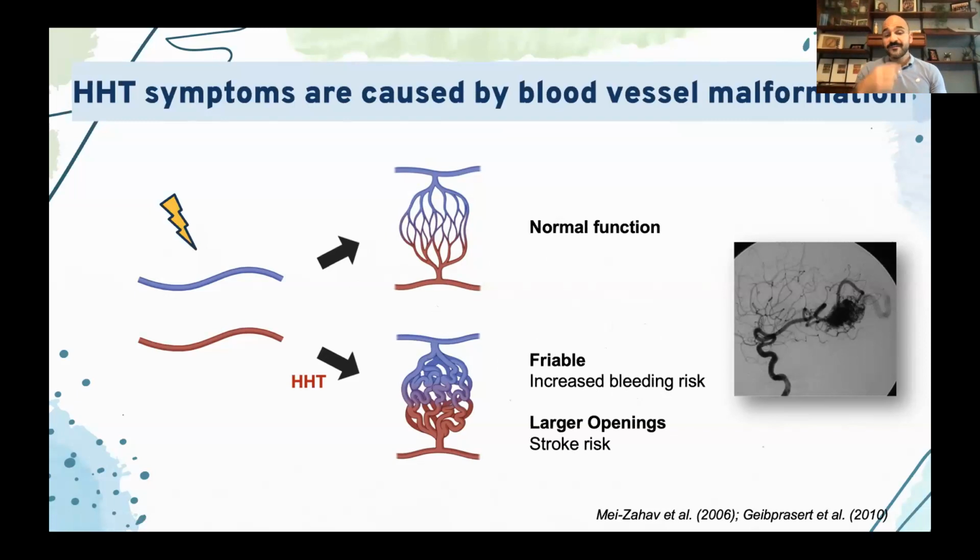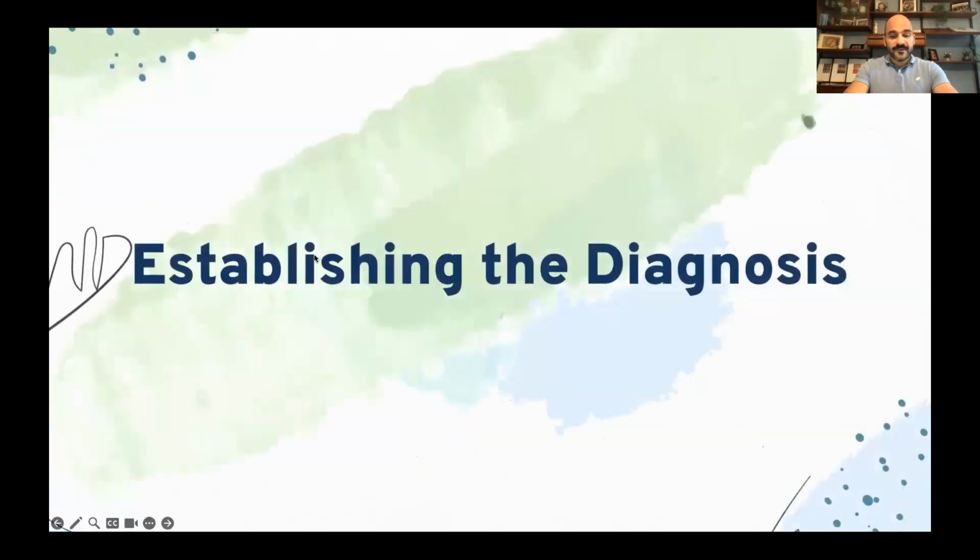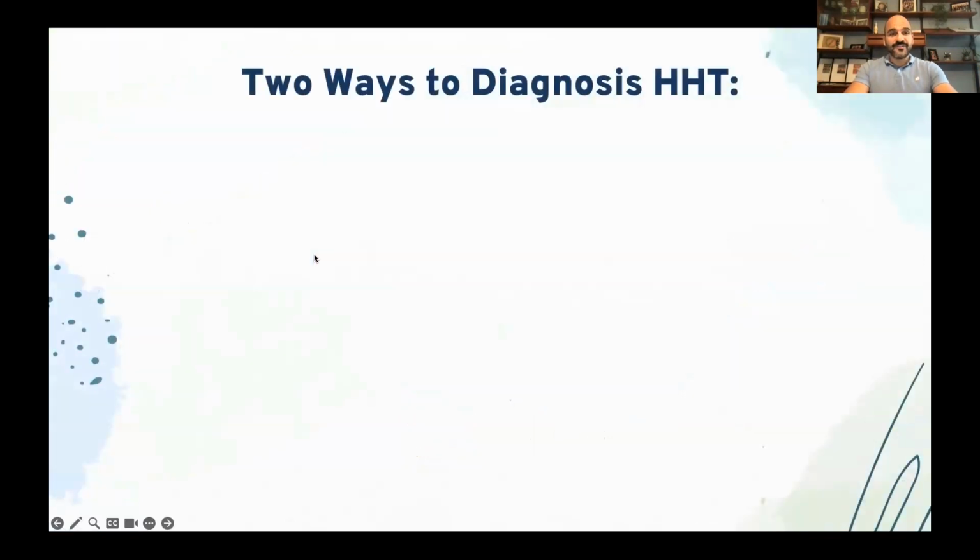The nosebleeds, the telangiectasies on the lips, and the AVMs are all due to this underlying difference in the way that the HHT patient's body processes these messages to grow new blood vessels. So to make the diagnosis in patients, we really have two ways, but the way that we normally rely on,